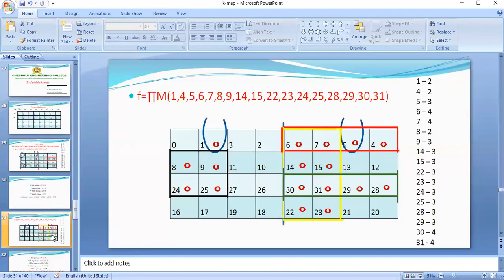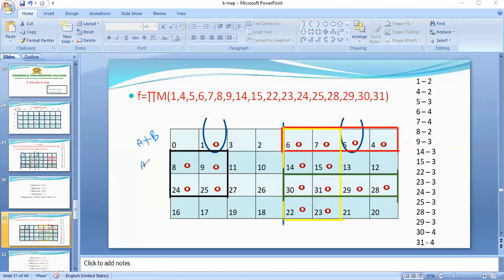Here I'm writing. I'm taking variables AB at one side and CDE at one side. For 2 variables, what is the gray code sequence we have? 0 0, 0 1, 1 1, 1 0. If you want to get product of sums expression, 0 is represented with unbar, and this cell represents max term cell. So you have to write max term expression. 0 0 means here A plus B.